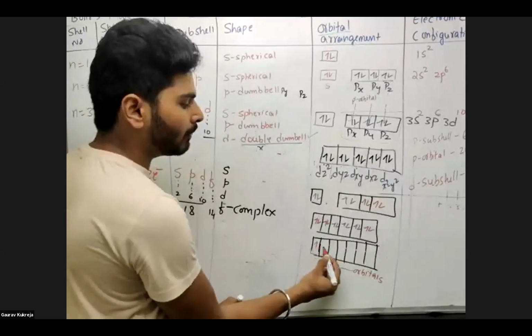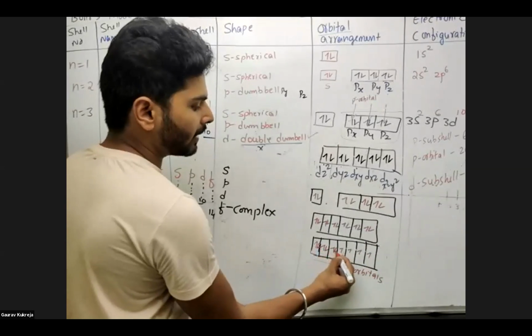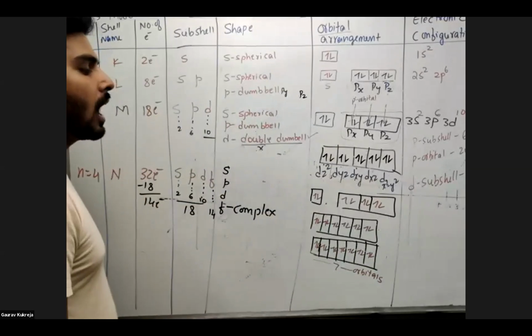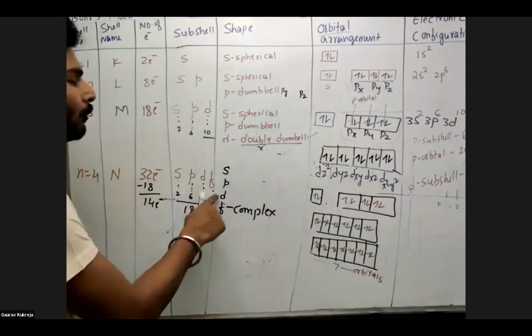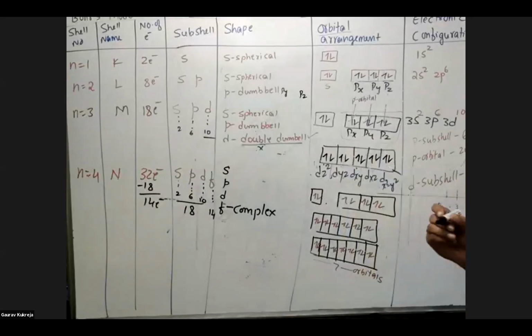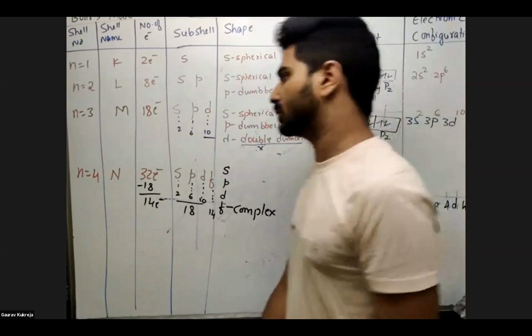And filling will be very similar. Filling one electron in each orbital first, then you have to pair them. So this is how we have to do it, the way we have done for the earlier subshells. So all the 4 subshells will come under the 4th shell. That's why I can say all of them will be considered as 4s, 4p, 4d and 4f. Okay, 4s, 4p, 4d and 4f, you can expect. So their names are like that because all the 4 will be confined under the 4th shell.